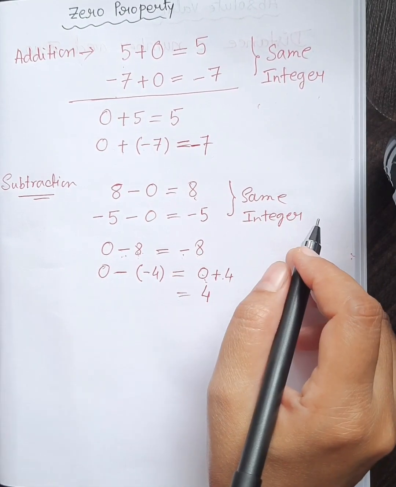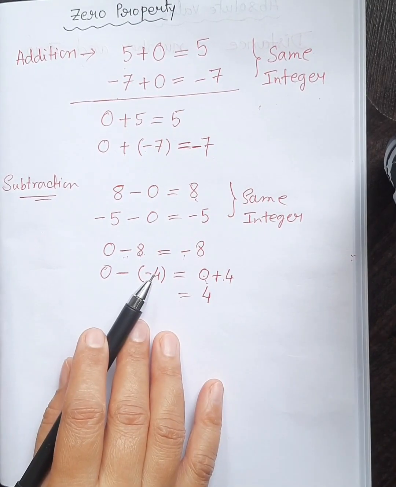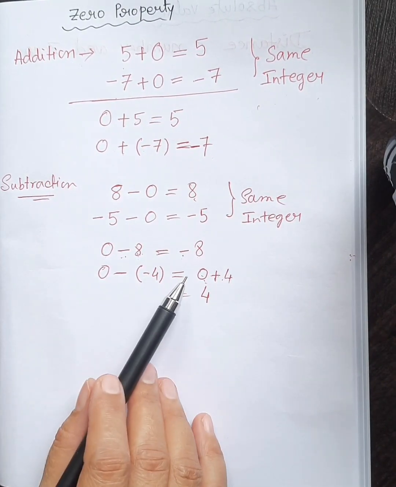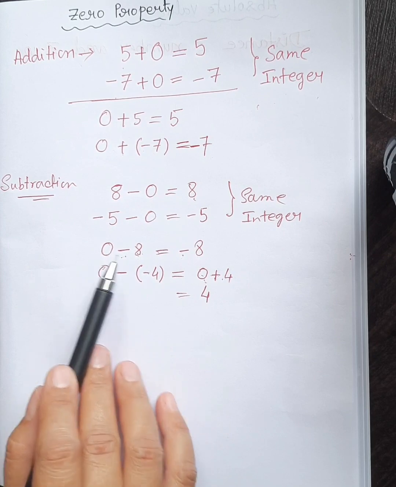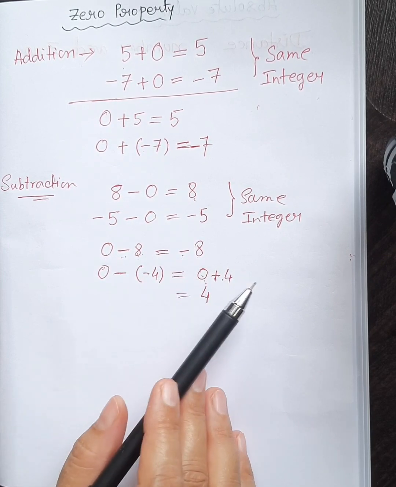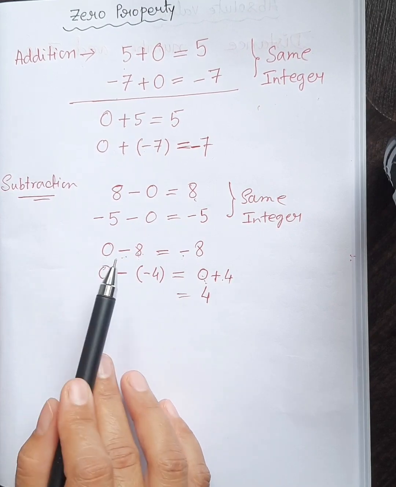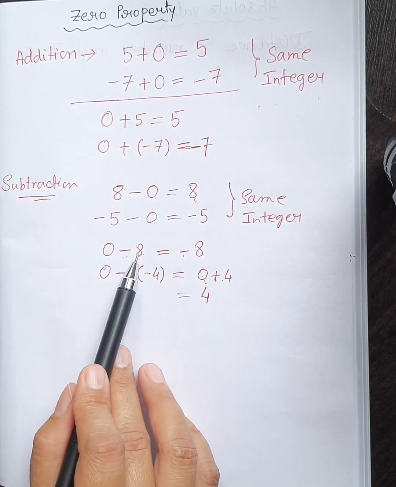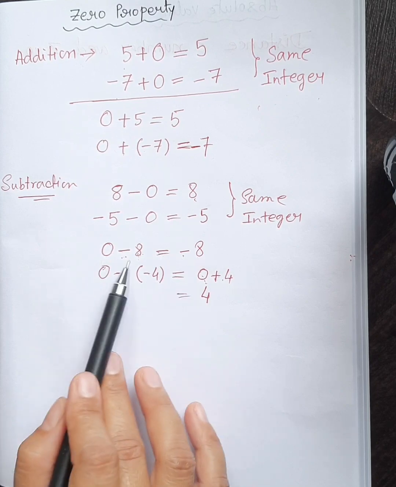Clear? So here what things we need to remember that we can apply when 0 minus 8, that means when an integer is subtracted from 0, that means 0 minus 8 equals to,